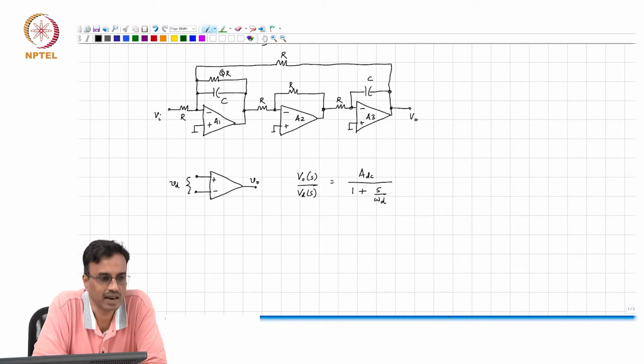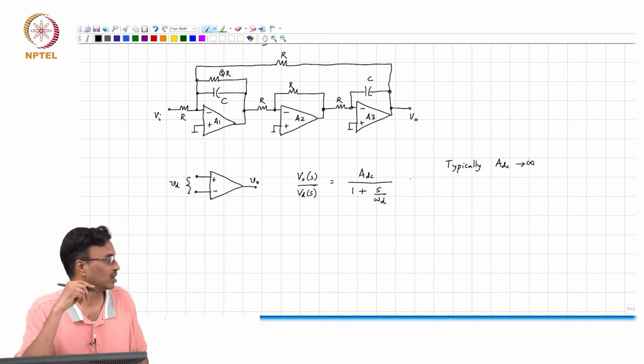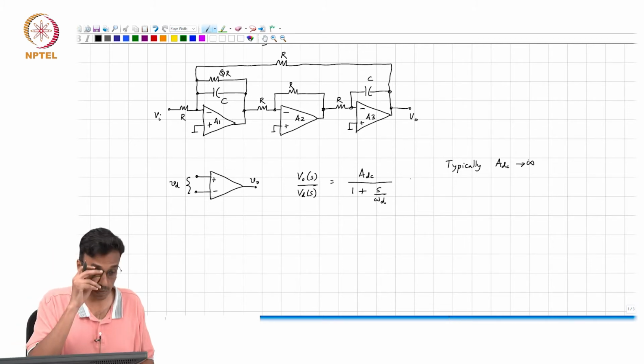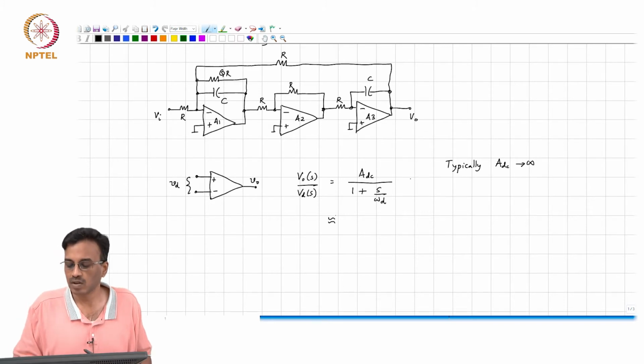That ADC, that finite gain, is simply the product of the DC gains of the individual stages, and omega d stands for the dominant pole, right. It turns out that typically ADC is actually very, very large, typically 10 power 5, 10 power 6, something like that. So, to make our life simple, we can basically say that for all practical purposes, the gain of the op amp